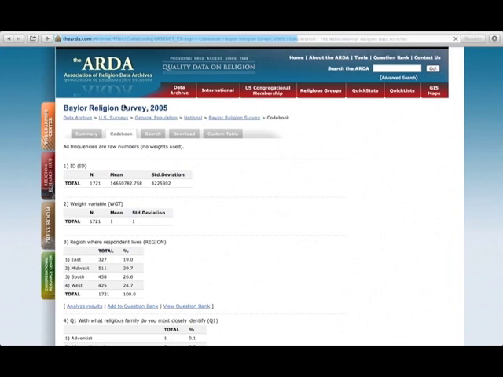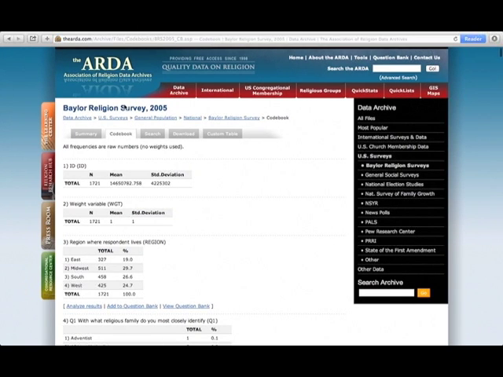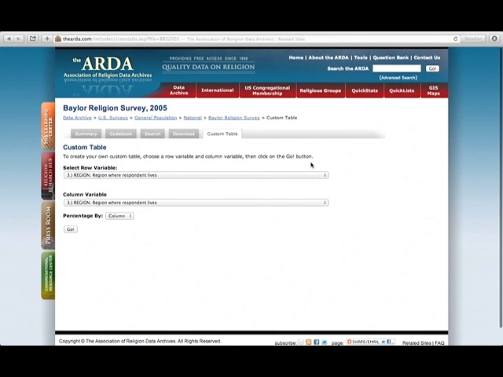Next, we can click on the Codebook tab. Here, we are shown the survey's questions and the response frequencies. If you are interested in exploring all the functions of the Codebook further, please view our tutorial on analyzing items in a data file. If we click on the tab entitled Custom Table all the way to the right,